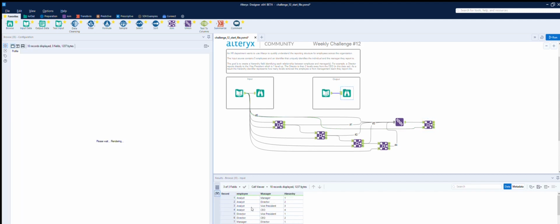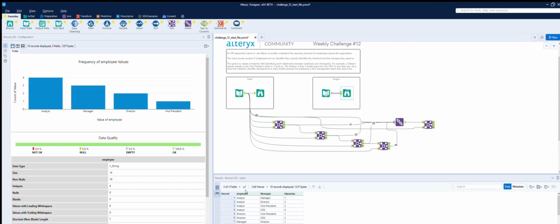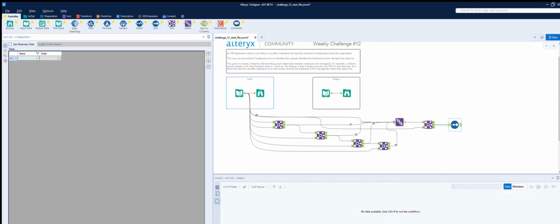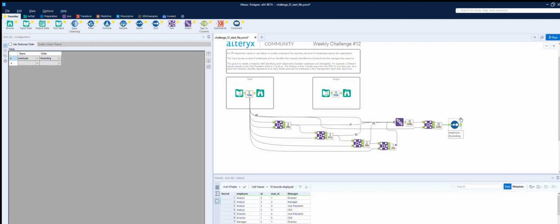So in here, it's alphabetical, possibly. So let's just sort it by alphabetical and see what we get. So it's employee ascending. Okay, so we now have that,